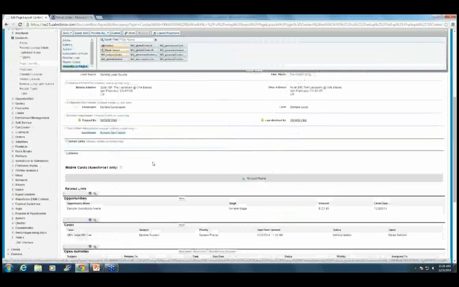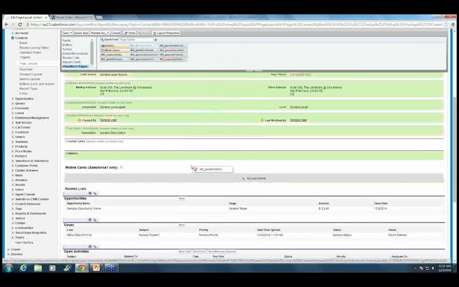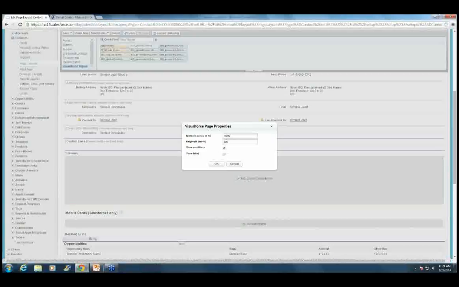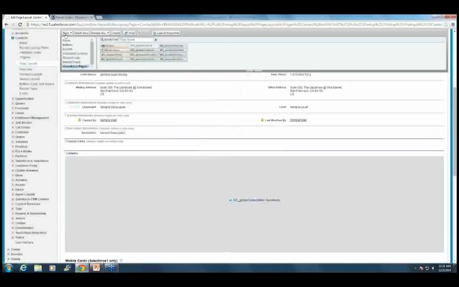Basically, if you want these Visualforce pages to be integrated into the contact page, you could go down to Visualforce pages, and if you look in here, we've already made some inline theme components. So if I want to bring the global component in here into my contact, I create a new section called Listware, and then I've added the Visualforce page. As you can see, it created this new section here. I just want to adjust this, enable scroll bars, adjust size. So if I save this page,